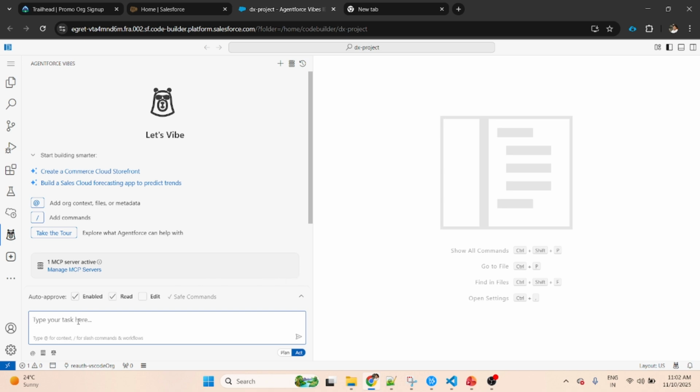First, we'll create an order object. In this demo, we'll prepare an order management application. So first thing, we'll create an order object. How will we do it? We'll say, please